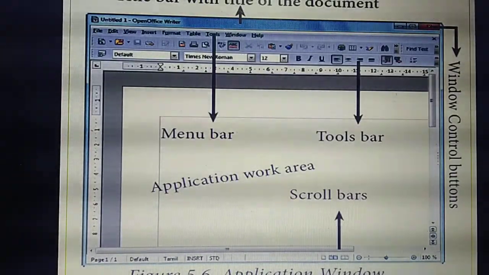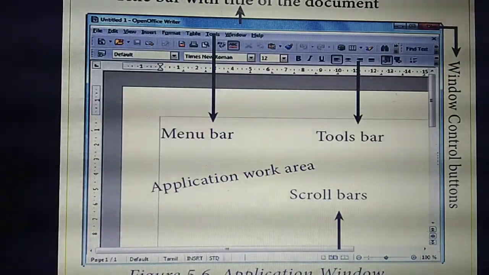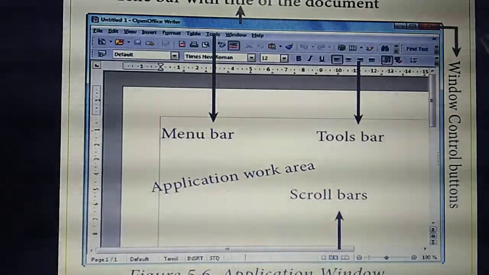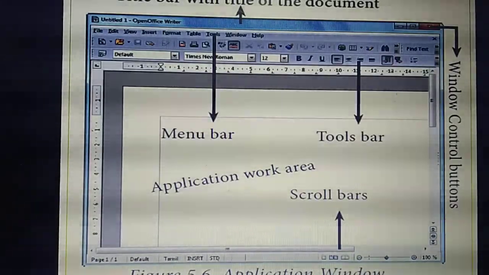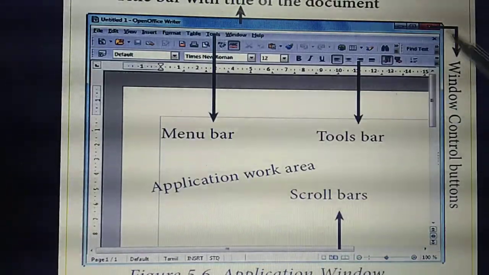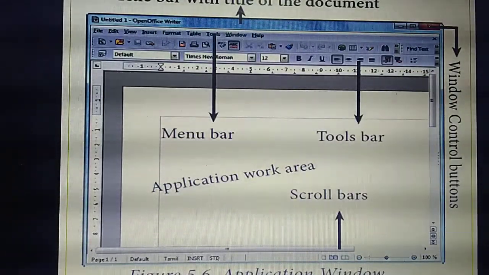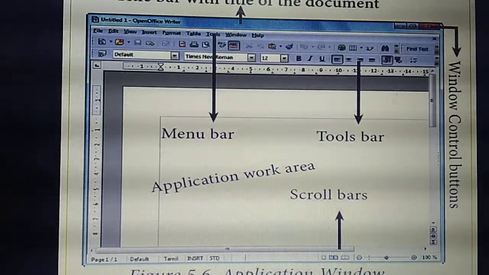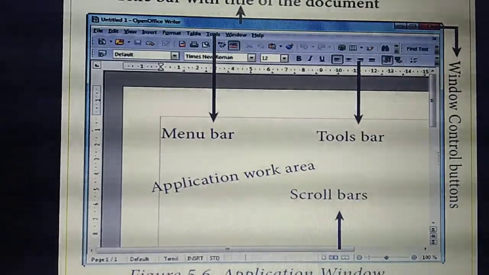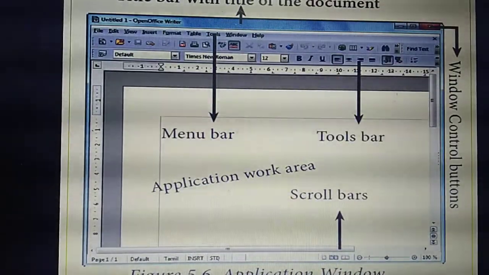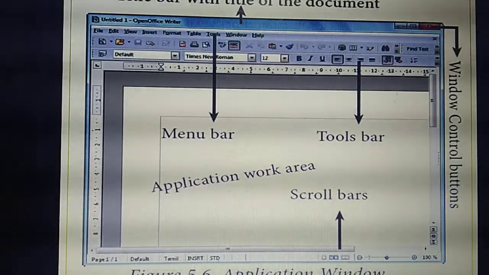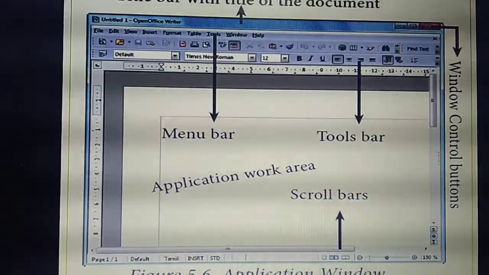What's the name of this application? Yesterday I said, what's the name of this application? Wordpad or Wordfile. Here you can type any text or books or images or anything inside this document. Have you understood about the application window? Application window means just the outline of the document, that is, what things are present in the document is given in the application window. Understand?